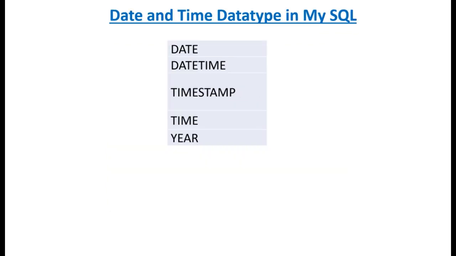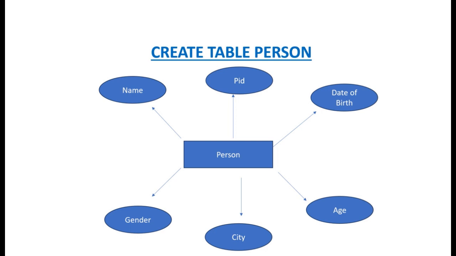Then the third type is date and time, in which we use date, datetime, timestamp, time and year, and we will see the proper use of these also. So I think you are clear that when we work with SQL, we are using three types of data type: numeric, strings, and date and time. Numerics have about 15 types defined, strings about 14 types, and date and time about 5 types. Now let us see how you are going to create a table.